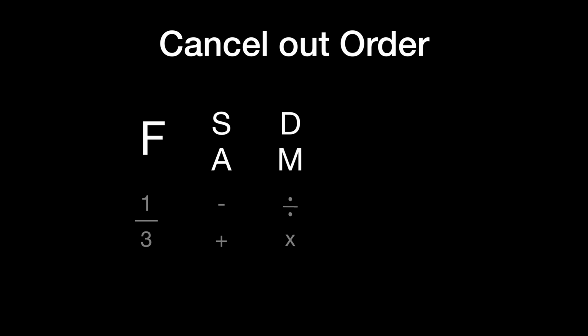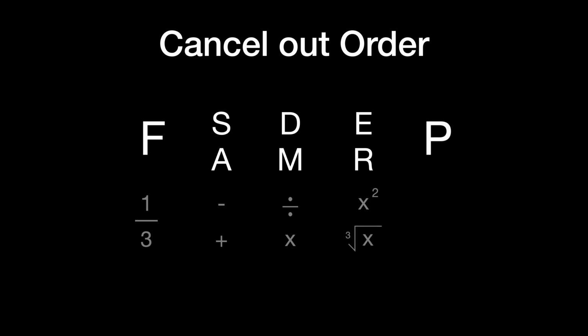All right, we're looking at solving algebraic equations. There's a simple order that you're going to follow to cancel out things and leave you with your goal of x equals. That order goes: fractions first. You're going to cancel out fractions first, then subtraction or addition, then division or multiplication, and then exponents or roots,